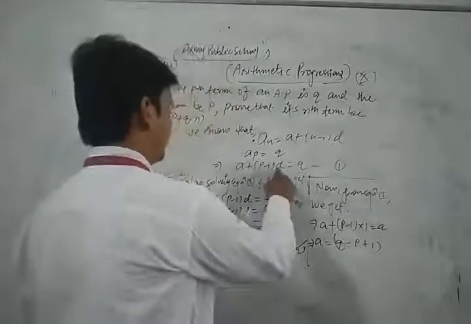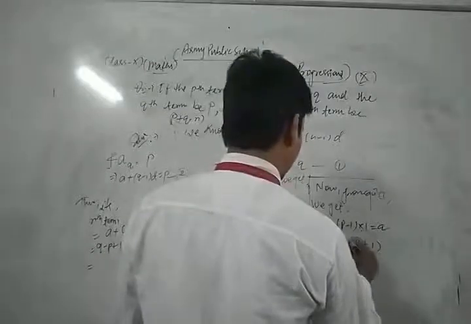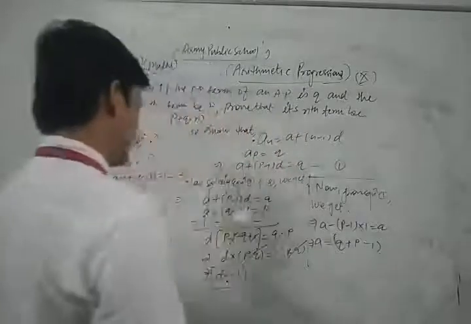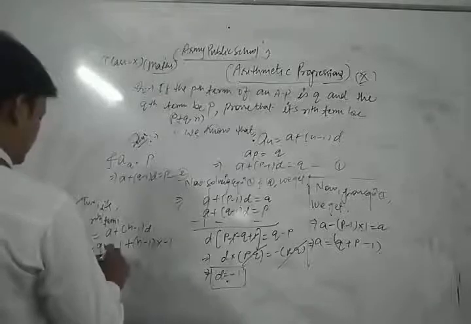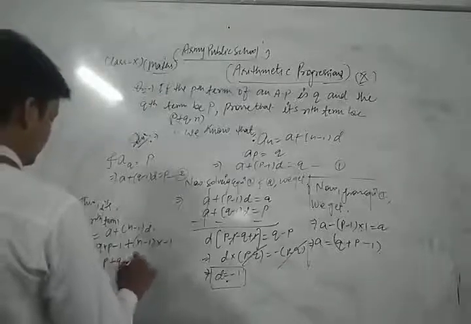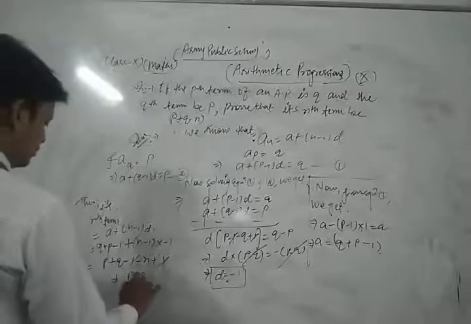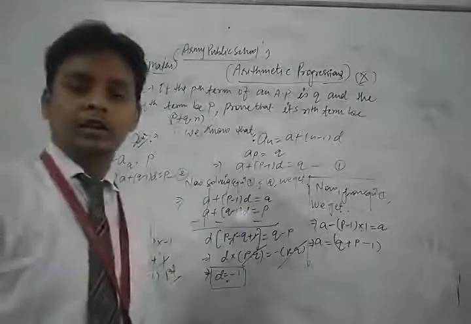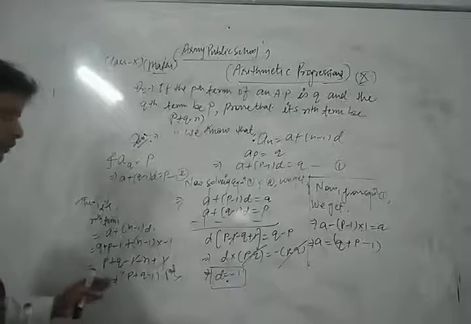Here, the value of d is what? Minus 1, no? So here this is minus, so minus plus p and this is minus q plus p minus 1. So q plus p minus 1. So here p plus q minus 1 minus n plus 1. Now 1 cancel each other, so we get p plus q minus 1. Hence proved. So in this way, dear students, you can solve each and every question of your NCERT